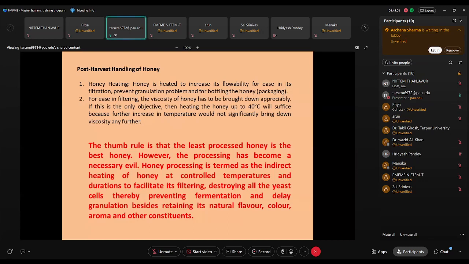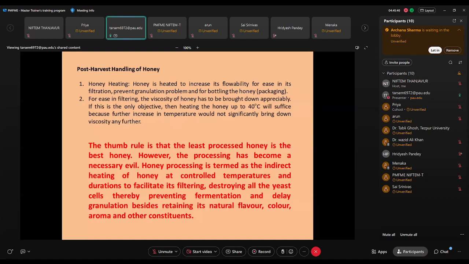The honey should be least processed. Least processed honey is considered the best. But nowadays, when commercial activities are involved, the processing of honey has become a necessity. Honey processing is termed as indirect heating of honey at controlled temperature and duration. So these two things have to be maintained: one is the temperature, another is the duration. How much time we are giving and at what temperature we are heating, to facilitate filtration,